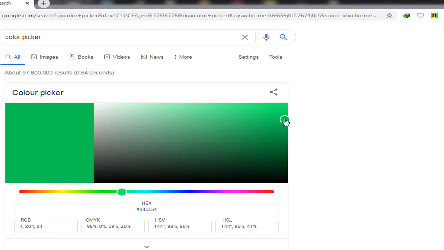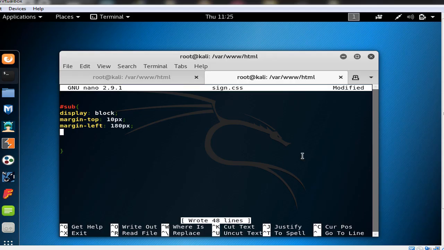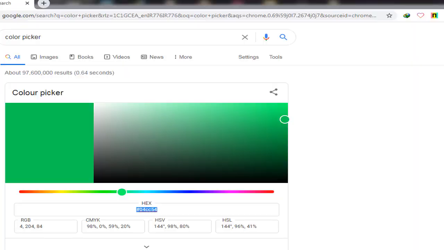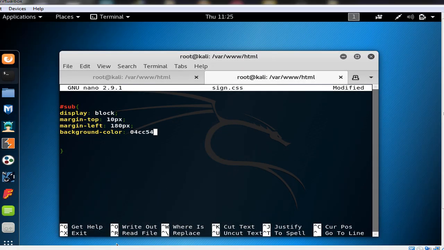So this could be green with 04CC54. So we say background color 04CC54. This would be the background color,